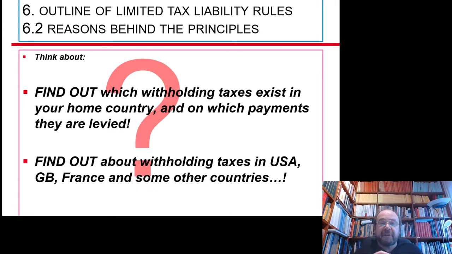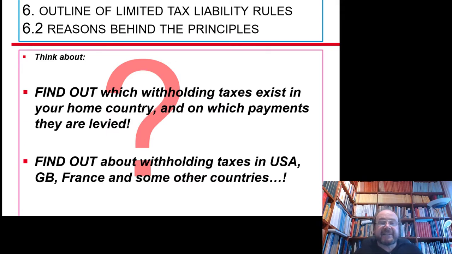For you, it might be interesting if you inform yourself about the tax treatment of foreigners in another country than, for example, in your home state, then it is naturally interesting to find out which withholding tax obligations exist in your home state legislation, and how high are they. And whatever you can find about withholding taxes in USA, GB, France, and other countries, try to find it out, try to remember it for the future,